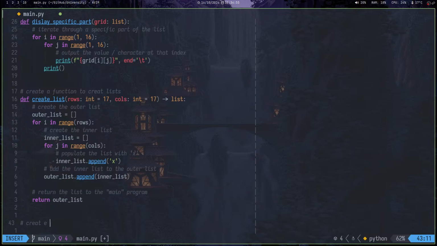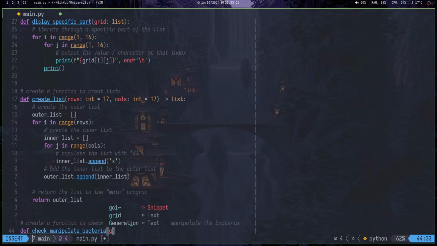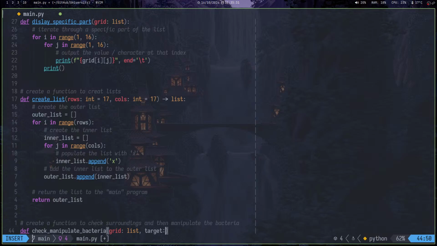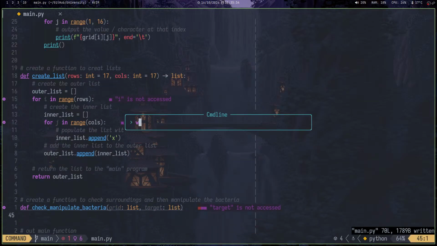So create a function, check surroundings, and then manipulate the area. Def check_money_score_bacteria. So grid of list, and then target of list, and then so